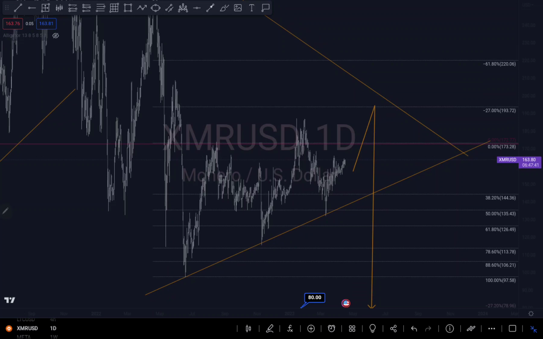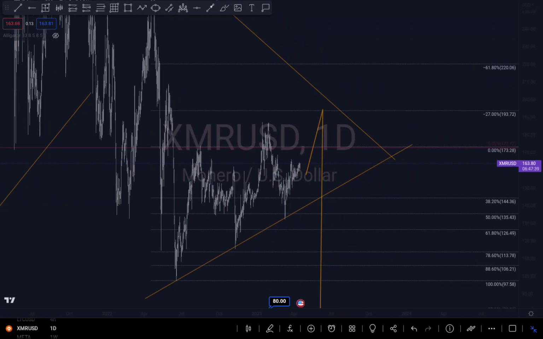But as of right now, this is just my analysis, and let's see how it goes. Then we will change our analysis based on the current price action. Because price action is key, and we can't direct the market, the market directs us, we just have to be patient.